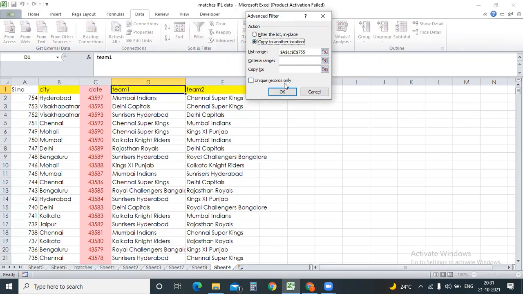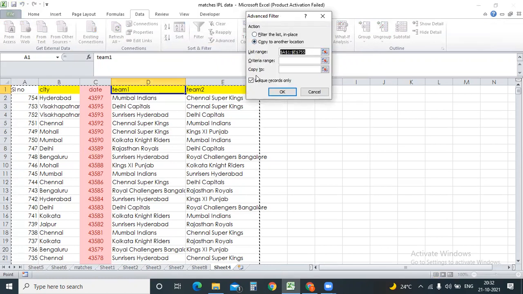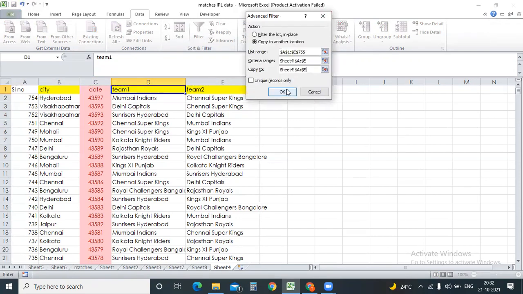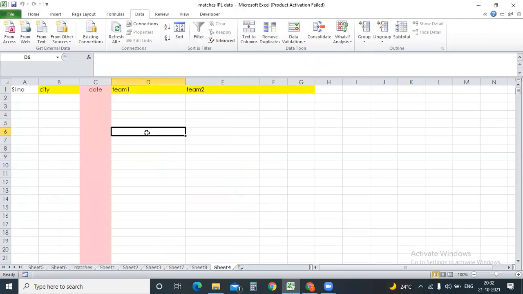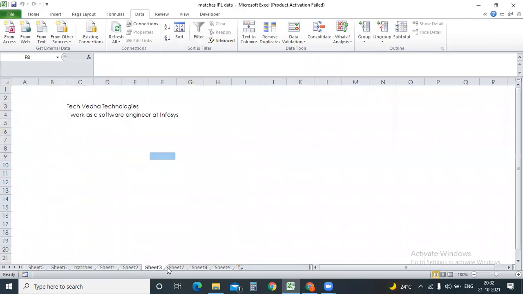Okay, so yeah, unique records only. Criteria range. Okay, they're asking a lot of things over here. Okay, data is automatically copying into the next page with some criteria.